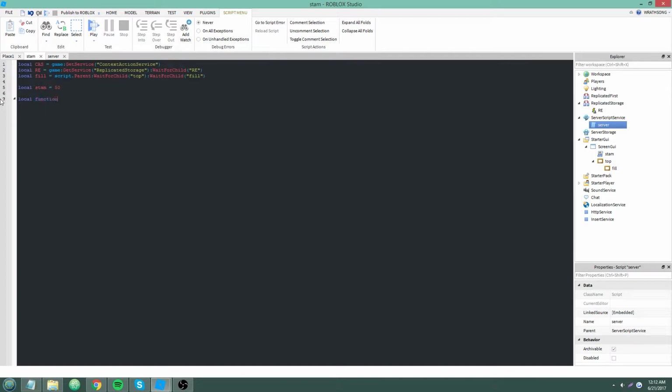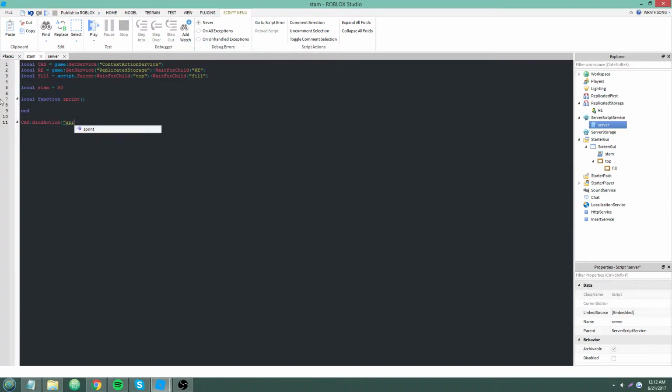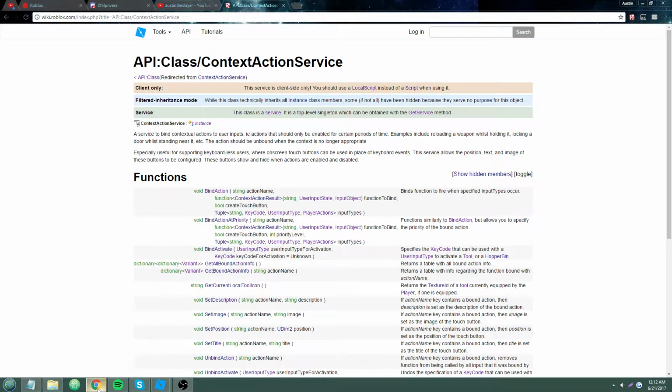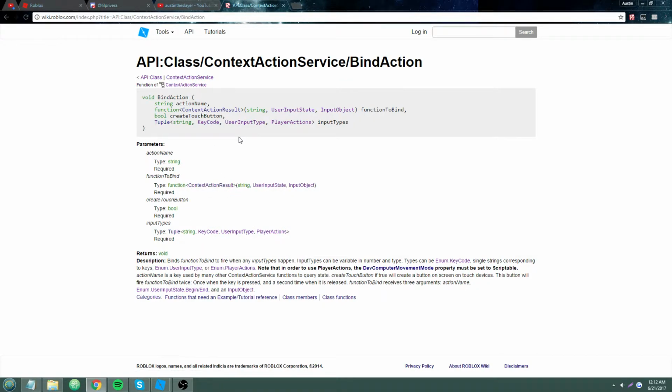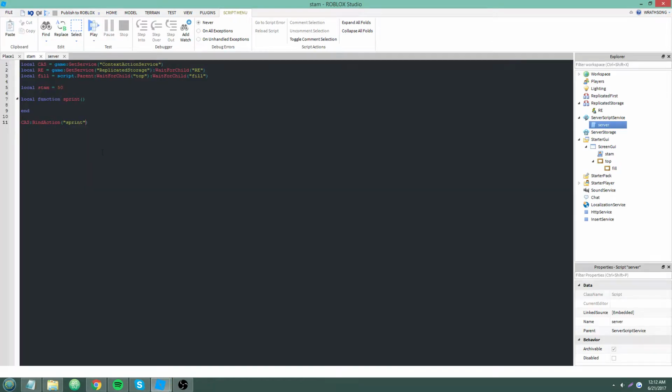local function sprint, CS bind action sprint. What are the other arguments? I always forget. Stamina. A function defined. I think I'll do a video on mobile compatibility with this next, but not right now. Sprint, the function sprint, we'll just make that true for later. And then,